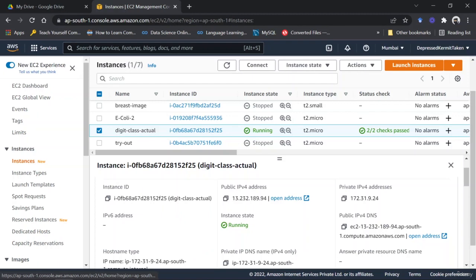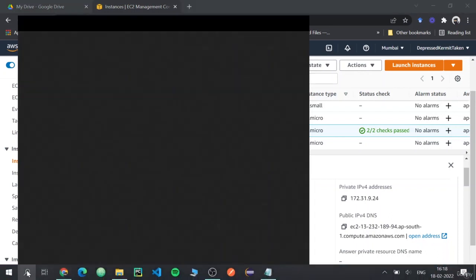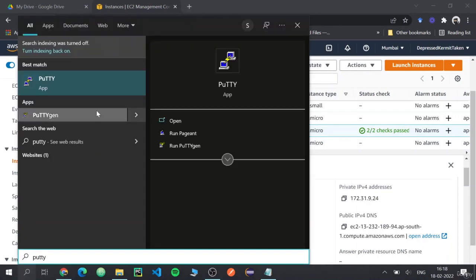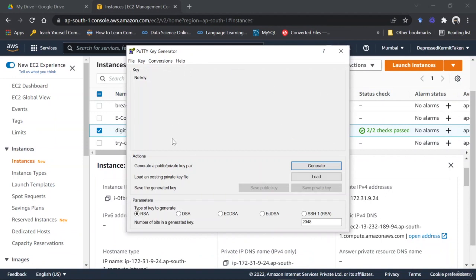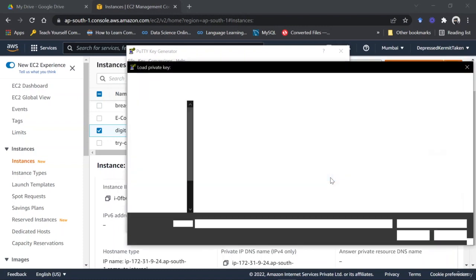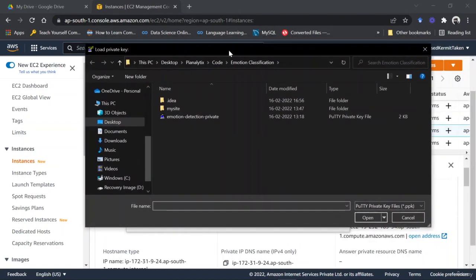Hi guys, so let's start off with the process of transferring our file and setting up our code inside the VM. Now the first software that we're going to use is the PuttyGen software. So we're going to run the software, and here it is going to show you the actions to generate a public private key pair or to load an existing private key file. So we're going to click on load, and we're going to browse through